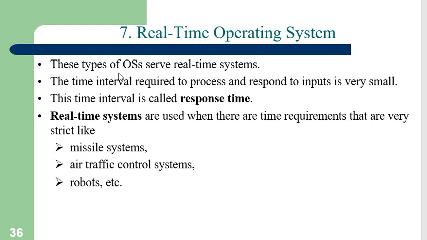There are three types of real-time operating systems. First one is the hard real-time operating system. These operating systems guarantee that critical tasks be completed within a range of time. For example,